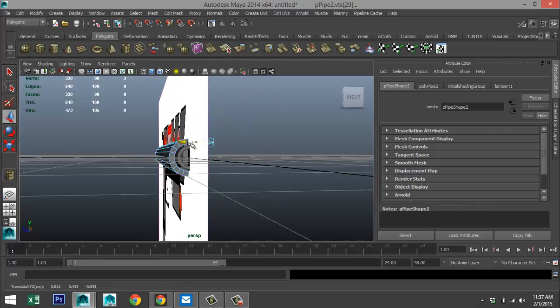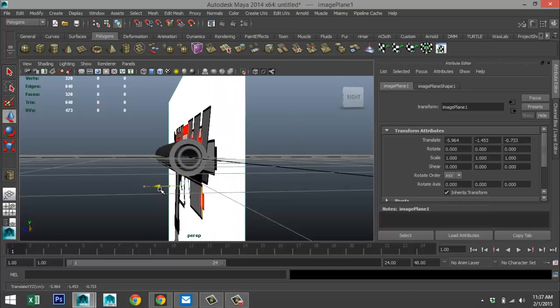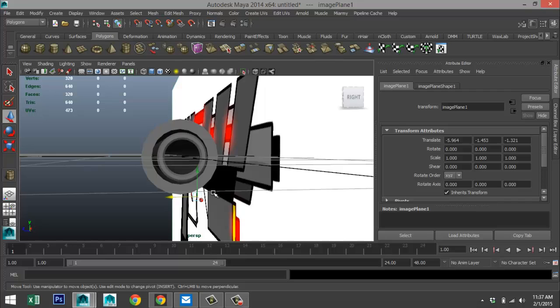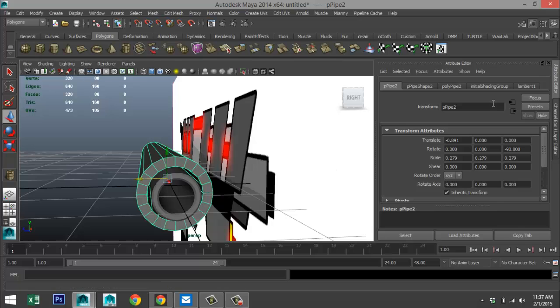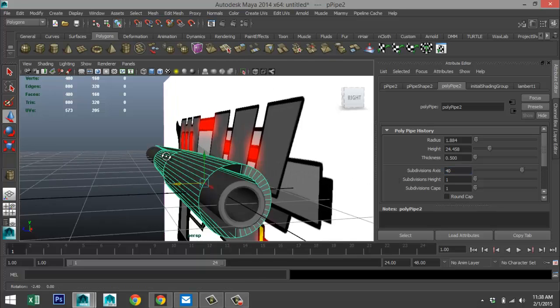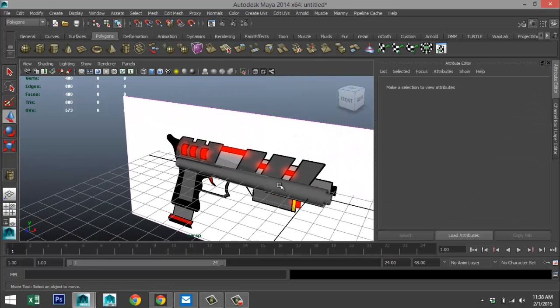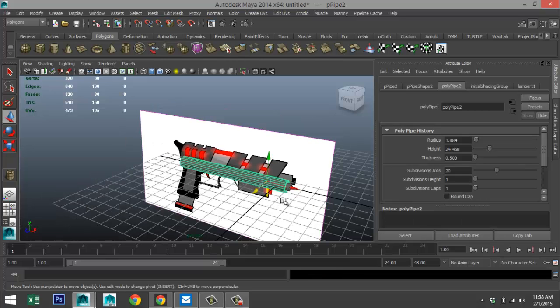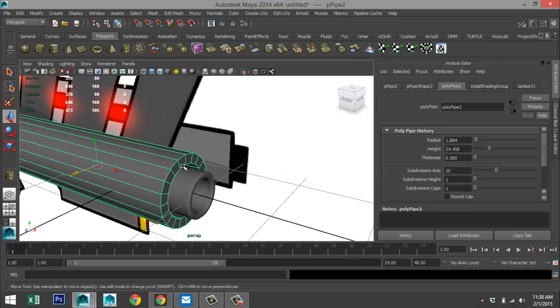I'll just move my image back a little bit. There we go. So we got this opening going on, and that's something we do not want. And in addition, we're going to add some subdivision here. So we'll do 40 as well. It doesn't seem to be too pleased with that for some reason. We didn't do too much to it so far, so that shouldn't be a problem, but okay.